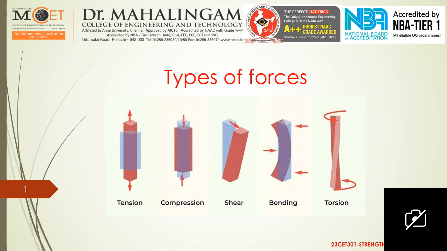Here, this slide shows the types of forces. The first one is tensile force, the second one is compression, third one is shear, fourth one is bending, and the last one is torsion. The tensile force is nothing but two equal and opposite pulls. For compression, two equal and opposite pushes. Both are opposite